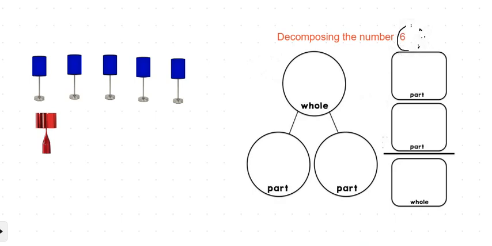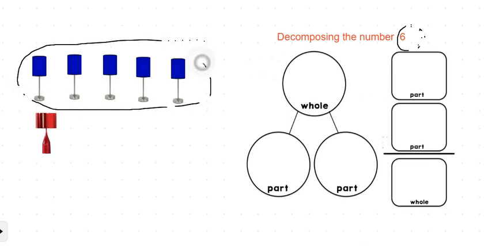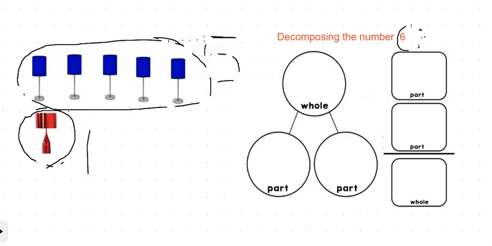So I made 5. So one way is to make 5 and 1. So that's 1 and 5. So the parts would be